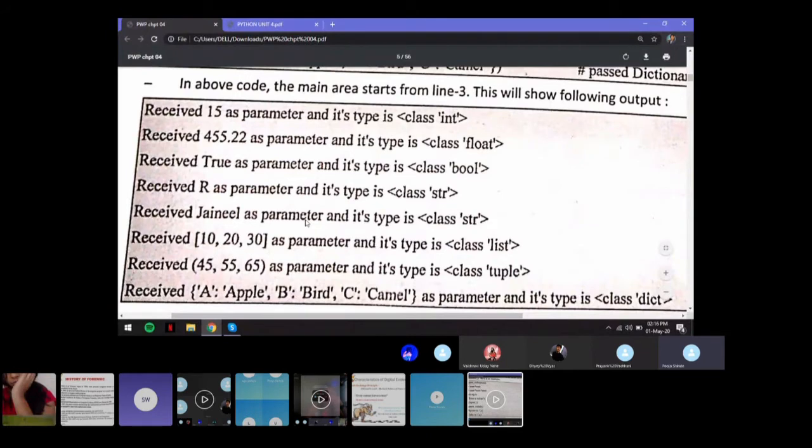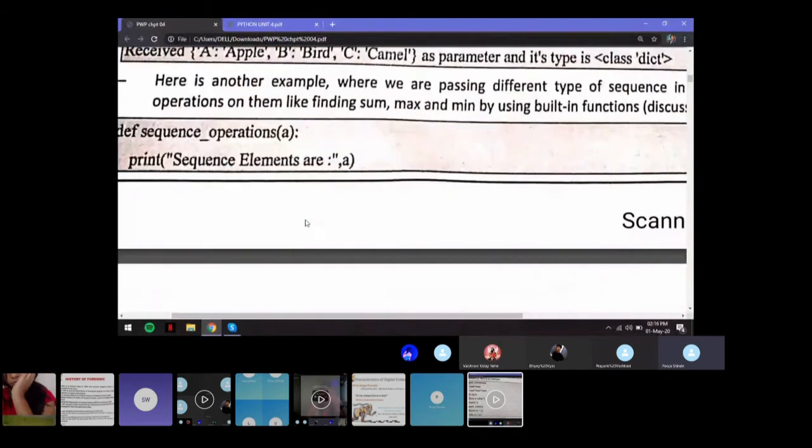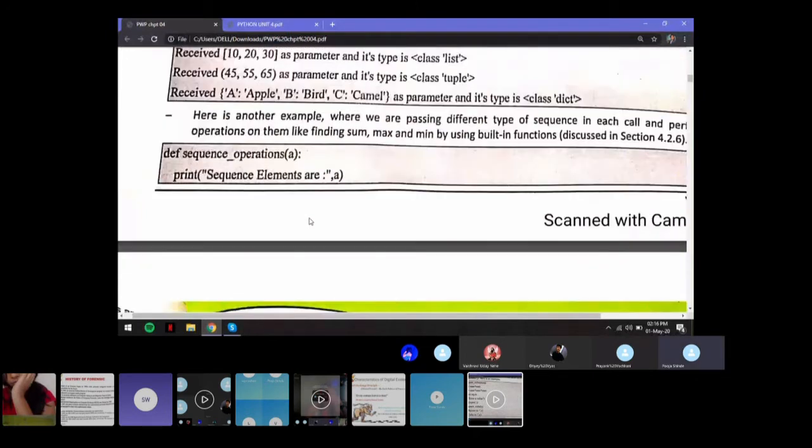That means in Python, any kind of function that you use can have any type of parameter; it does not depend on the data type of the parameter. It's just going to detect the type of the parameter that you're passing, and it is going to use it inside the function itself. So next, okay, it's the same thing.